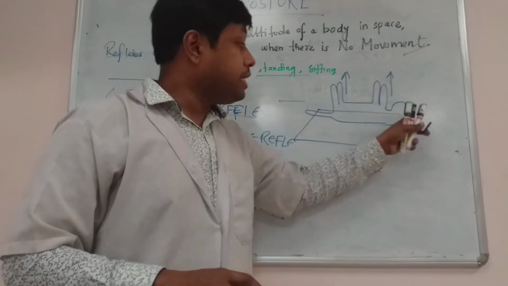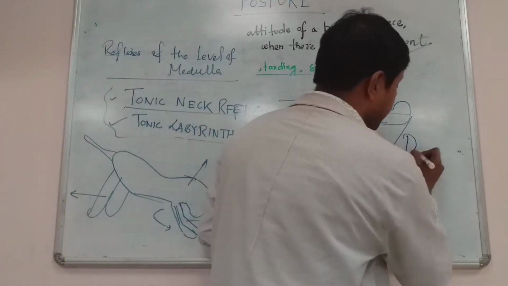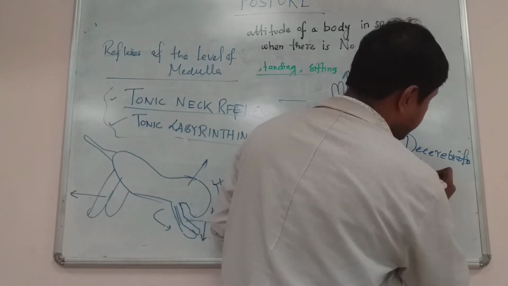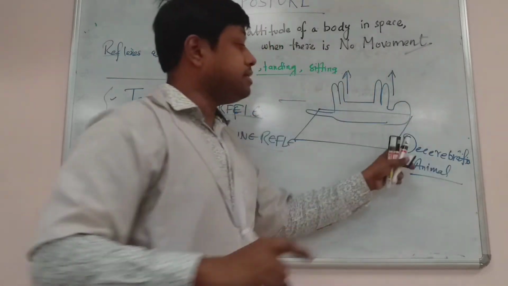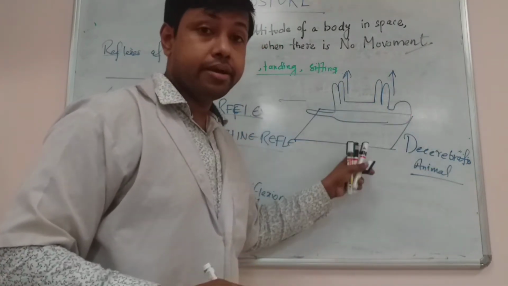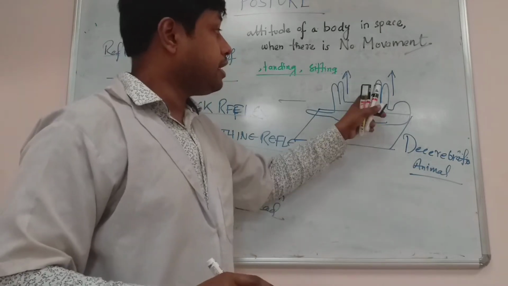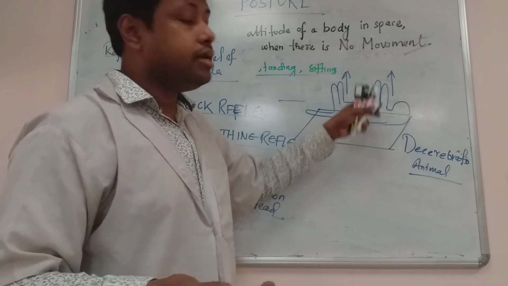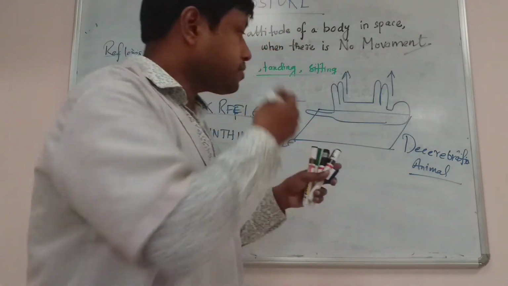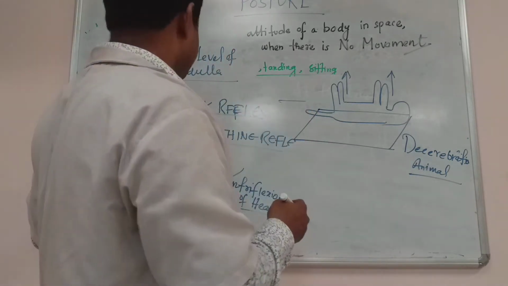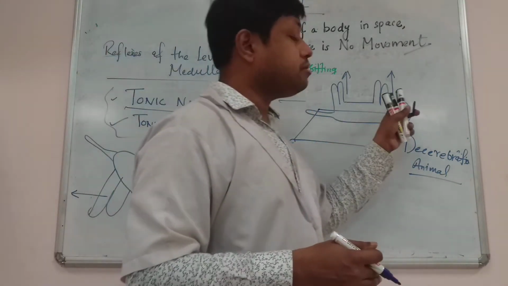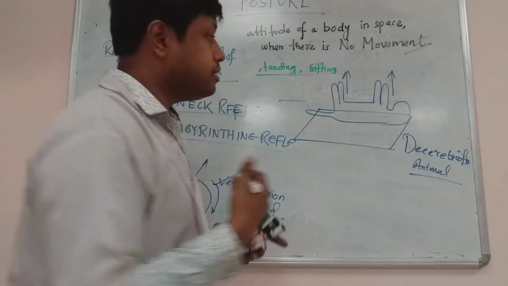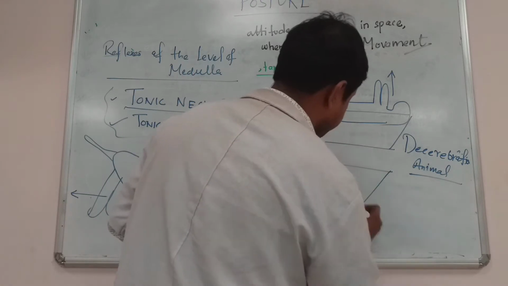So you should use a decerebrate animal, an animal after removing the cerebrum. If you keep the decerebrate animal on a plane surface on its back in supine position, you will see that the legs are extended, because it's already extending in an upward direction. All the limbs are extended in an upward direction, and this is called tonic Leber-Enden reflex, mediated by the vestibular apparatus. And if there is a vestibular lesion on a particular site, you will see flexion.